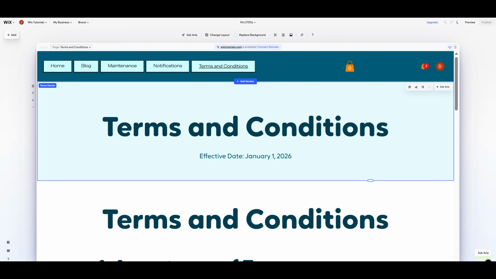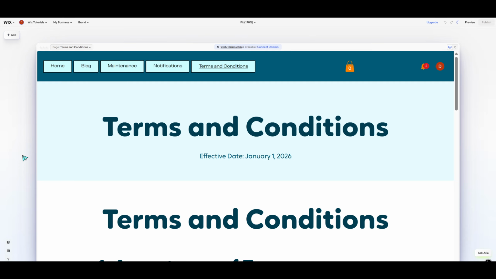In today's video, I'm going to teach you how to add terms and conditions on Wix. If you want your website visitors to be able to view your terms and conditions easily, Wix makes it simple to create a dedicated page for it and then link that page wherever you want on your site. In this walkthrough, I'll show you the basic process in a clear and practical way so you can set it